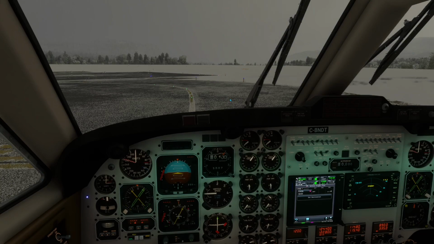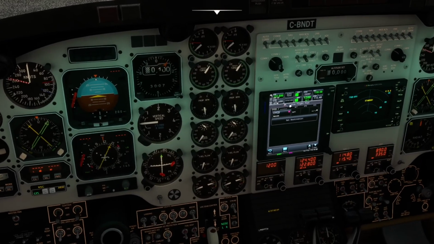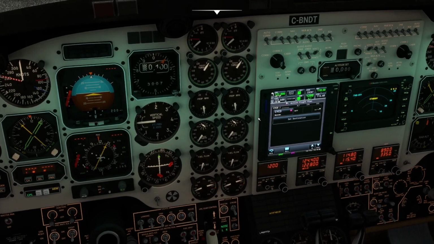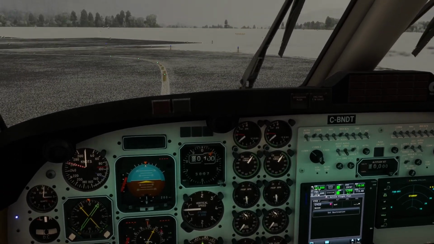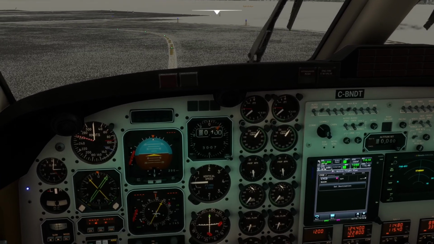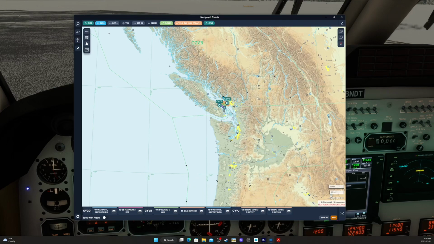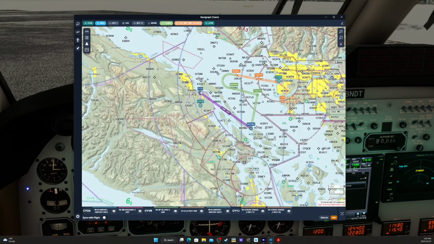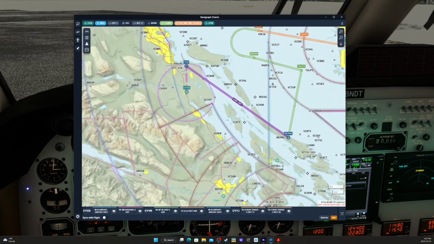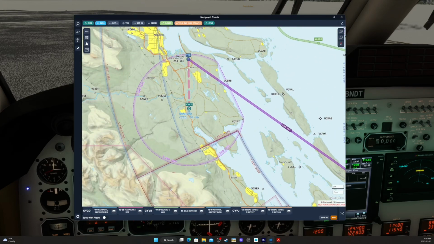Okay, here we are in the cockpit, and as you can see, we're using the GTN750 here. That's one of the configurations you can use with this aircraft. For today's flight, I'll just review it over Navigraph here. So we're in Western Canada on Vancouver Island here, and Nanaimo is on the eastern part of the island, just directly west of Vancouver. So we're going to take off from Nanaimo Airport straight north up to the